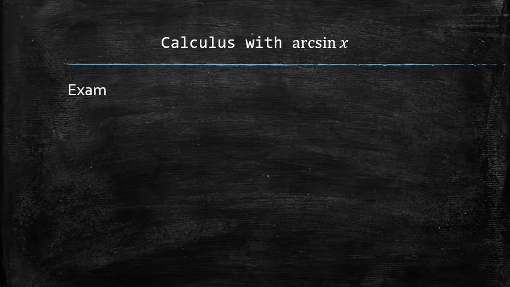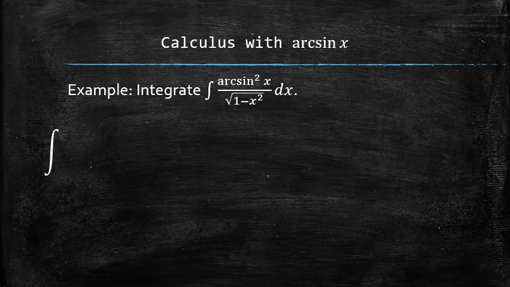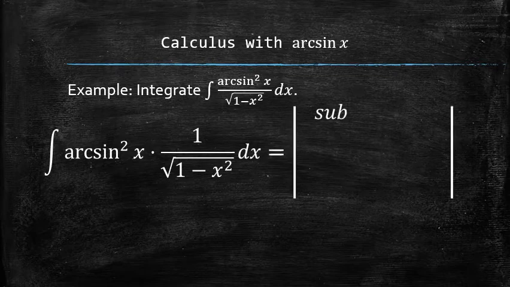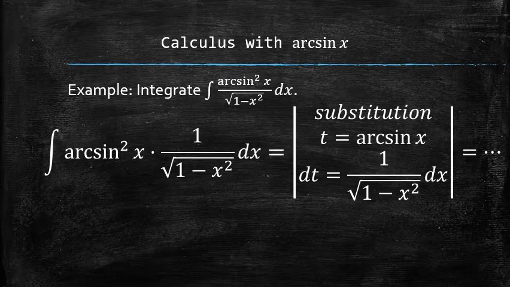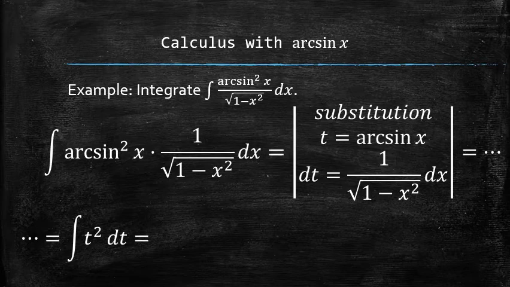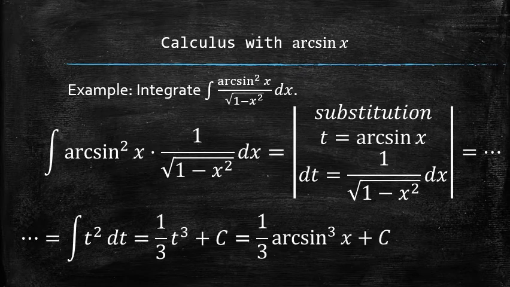Let's do an example of integration. We first recognize the pattern and rearrange the integrand. Then we set up the substitution by setting a new variable, let's say t, equal to the arcsine of x and finding the differential of t. Next, we plug everything into the original integral and notice how, because of the discovered pattern, we have nothing but the function of t left in the integral. We finish the process by finding the antiderivative and plugging the original function arcsine back for t.